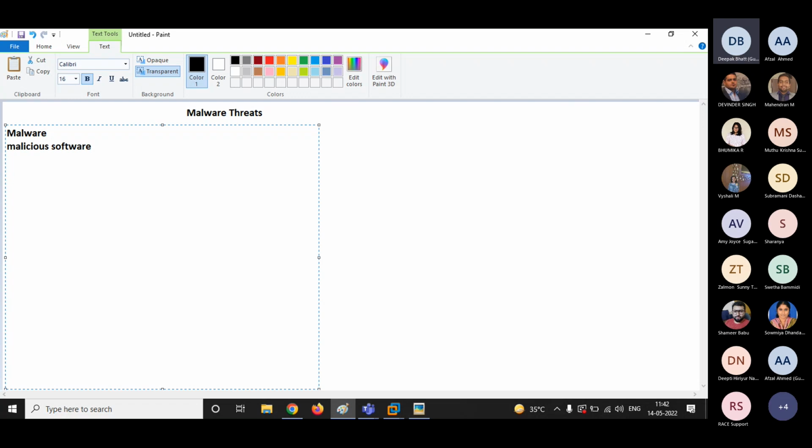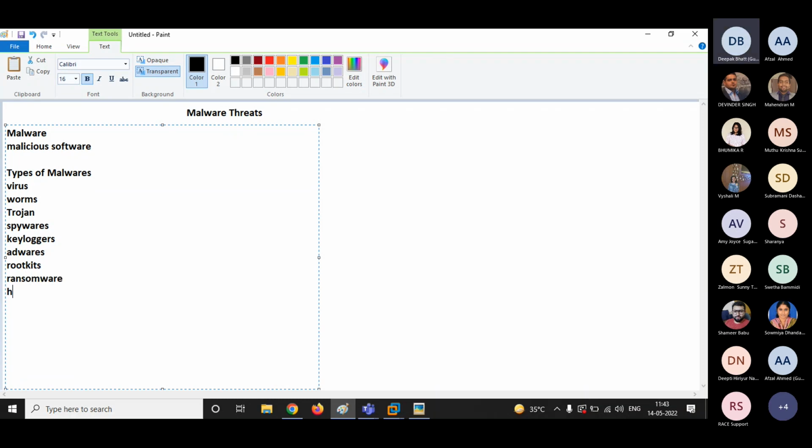Depending upon malware, we have various types of malware. All right, so I'm writing the types of malware. We have virus, worms, Trojans, spyware, keyloggers, adware, rootkits, ransomware.